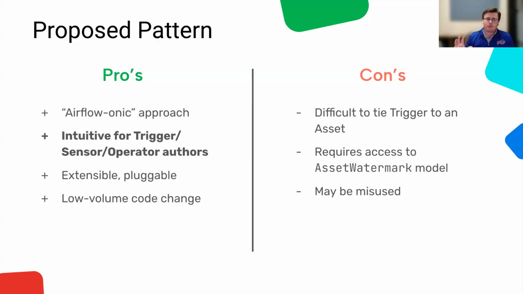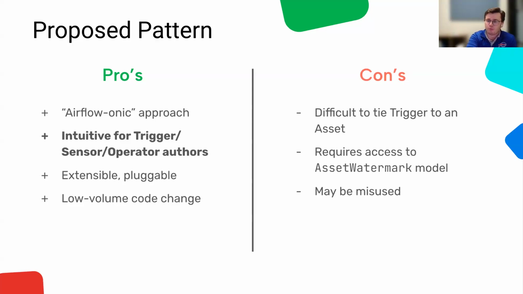Now, these cons are tied to the original AIP. Again, this has shifted. Right now, the nature of writing asset watchers is that you have to author a trigger that you tie to an asset watcher that you tie to an asset. And the trigger is actually pretty much completely independent of the asset. That's a challenge that we've run into for when you define the trigger, getting a little more technical, but you don't actually pass any information about the asset into it. So that's going to be something that we'll want to work out.